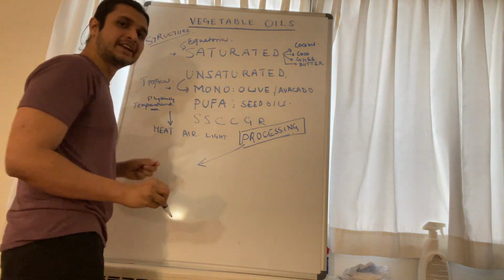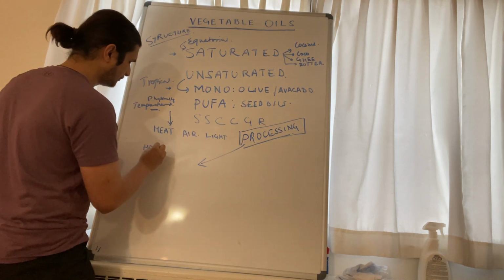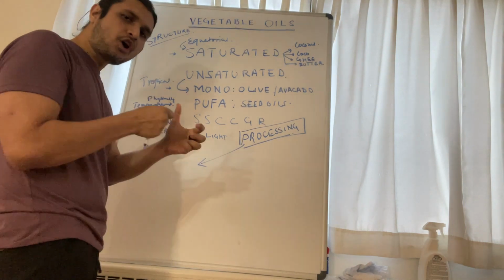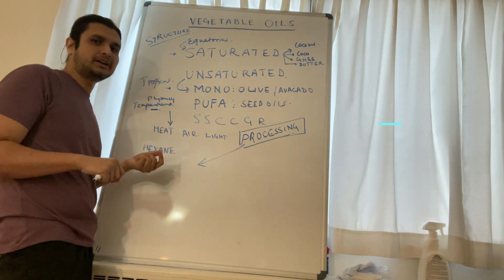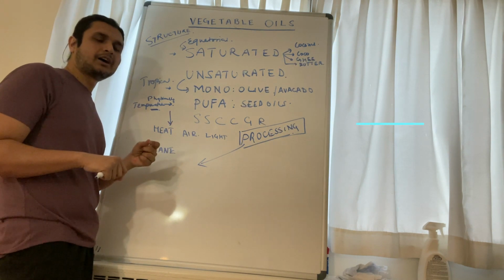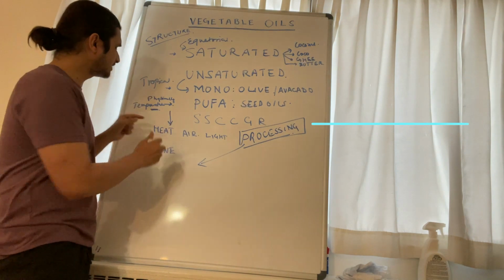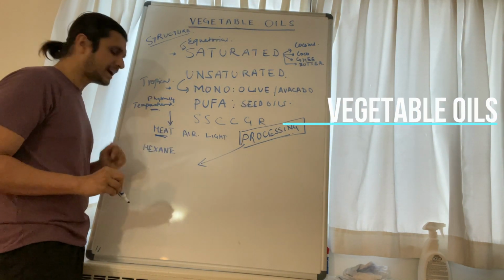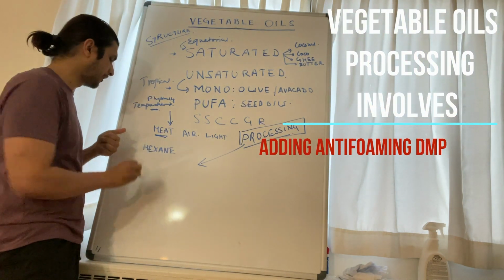The number one is chemical extraction. That happens with a molecule called hexane. Now hexane will be used as a chemical to draw the oil. It's not cold processed, because cold process is the natural way. So that's why cold pressed olive oil is considered good. Anything that is cold pressed does not have the stressor of heat. Hence that is good. But if you chemically extract, you use hexane. So there is one chemical that you did not need in your body.